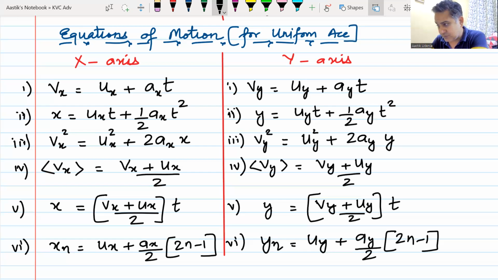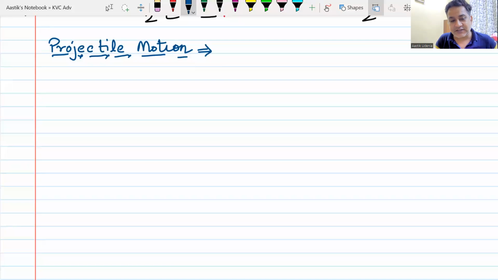The first thought that comes to your mind should be circular motion. Thus, circular motion is definitely a case of motion in two dimensions. Probably the first thought that comes to everyone's mind when they think about two-dimensional motion is this one,